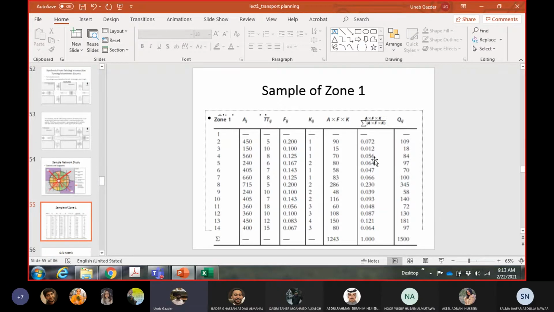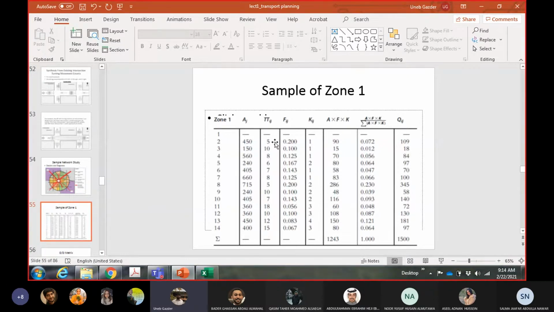so I cannot calculate the trips from 1 to 1. I shared a video link yesterday in which the travel time within the zone and the socioeconomic factor for the same zone was also given. They took a very small example, 3 zones only, and I'm just following the same steps which they have followed. If these values were given, I could have calculated the number of trips from the zone to itself as well, from zone 1 to 1, if I had the K and the travel time. But I don't have it, so I will just use these numbers and calculate the number of trips from zone 1 to the other zones.